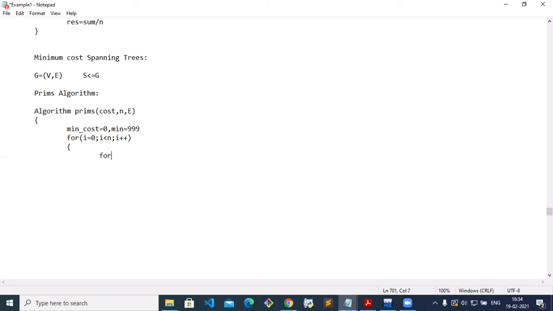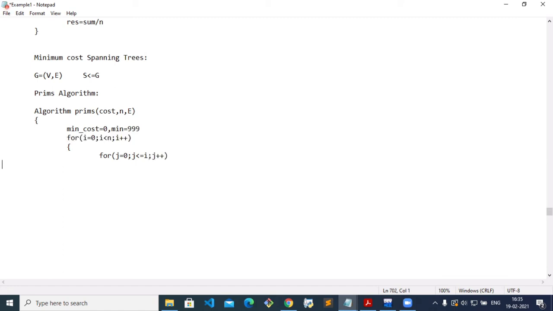Next, for j equals 0, j less than or equals to i. Why am I giving j less than or equals to i? It means that till this point only the known vertex is i, because this is Prim's, so we cannot directly take the edge. Whatever the known vertex is, suppose the starting vertex is 1, we have to check which one will give the minimum cost from 1. We cannot check from 6, we can check only from 1. That's why I have given j less than or equals to i and then j plus plus.